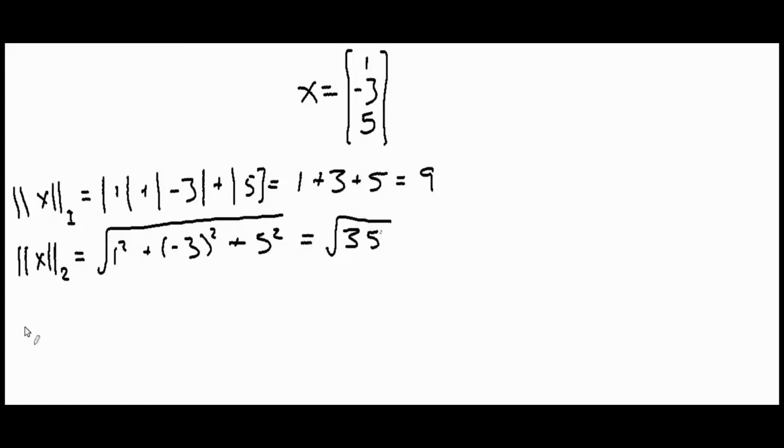Let's do the L infinity norm of x. As you might guess, we'll write that with vertical bars x, vertical bars, subscript infinity to show us the L infinity norm. The L infinity norm is the maximum of the absolute values of each of the components. So we'll write it this way. Max of the set, absolute value of 1, absolute value of -3, and absolute value of 5,